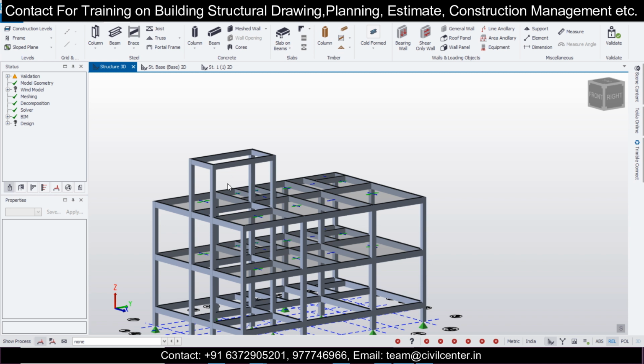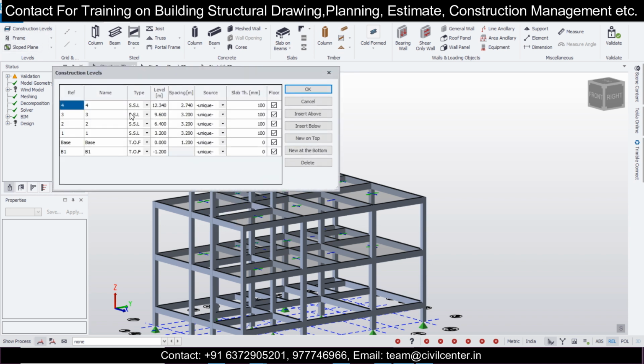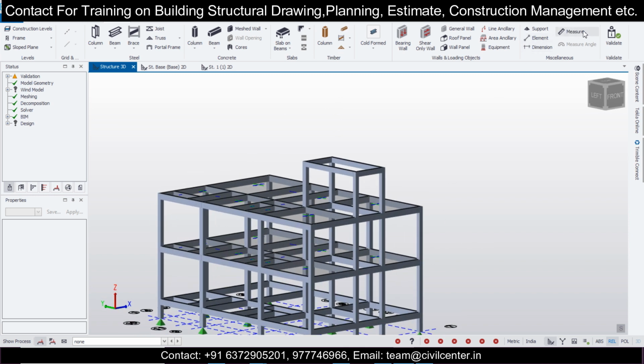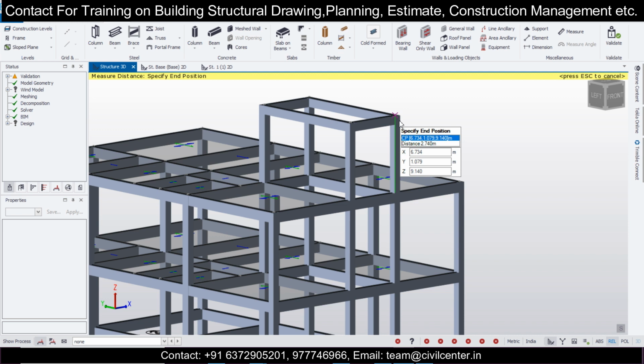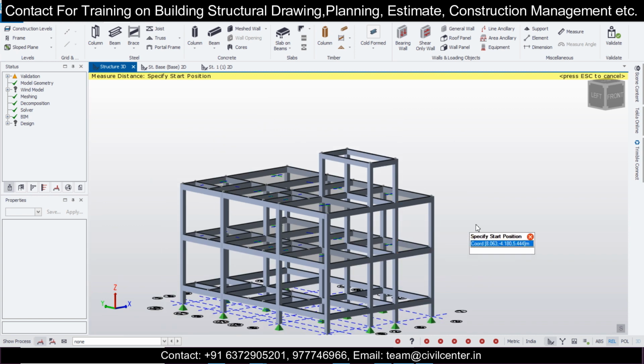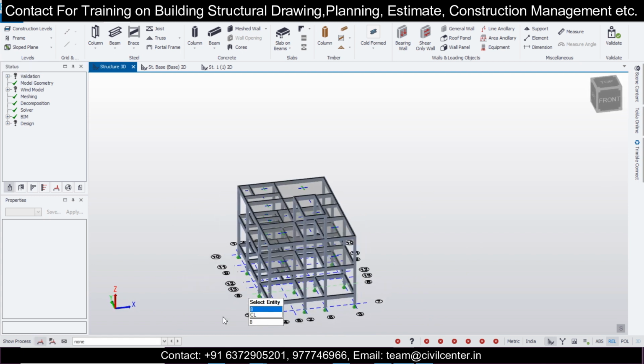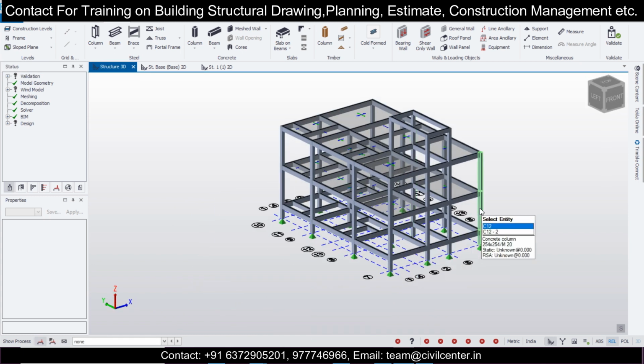And here I will go to construction levels, and we can delete this particular layer. So this is the G plus 1, and this is the headroom level. And if you just reduce this level from here, let's see what happens. You just set it to 2.74 from here, that is 9 feet, and you can see that automatically the model height will reduce. You can measure it also. You can see this is 2.74, and if you measure from here to here, this is 3.2. So like this you can model the entire thing. Just click on validate to check whether the model is okay or not. So the model is also fine.